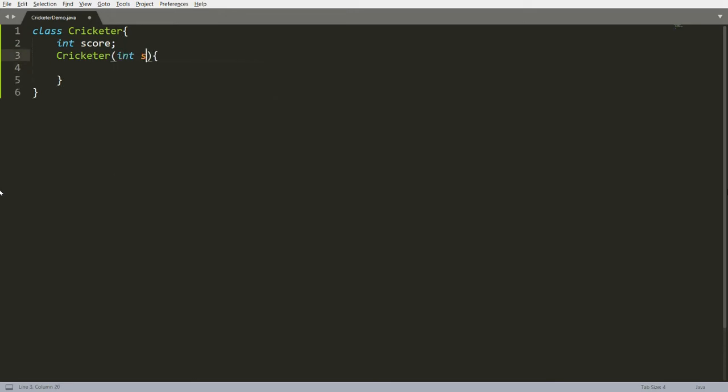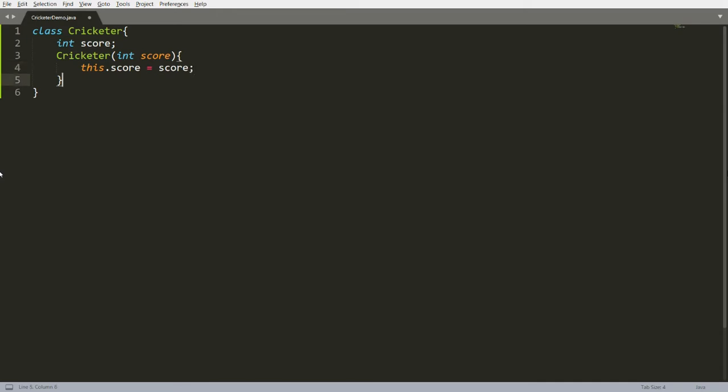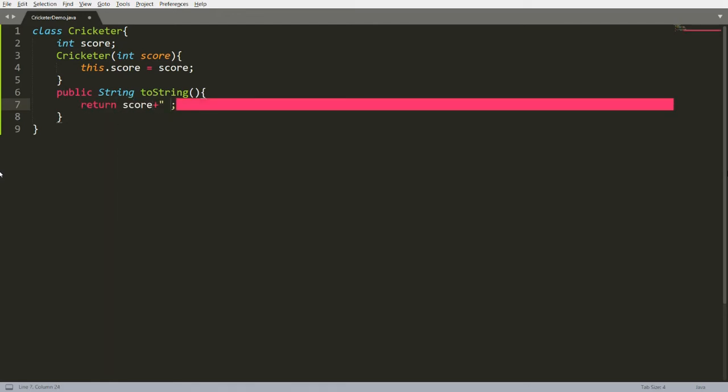Here you can pass the score and initialize your instance variable, that is this.score is equal to score. Now I want to override the toString method. So I'm writing public String toString, and here you can simply return the score with some space.